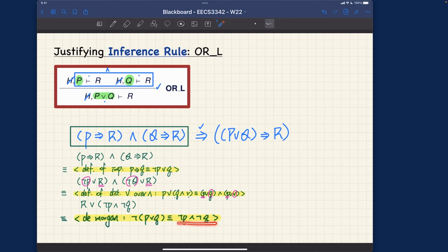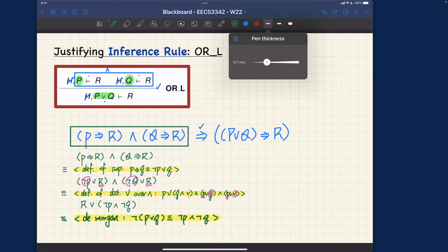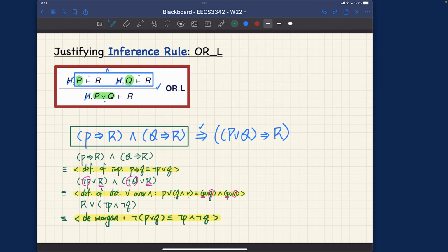This part here is matching this part over here, so it should be equivalent to not P or Q. And also, let me swap the order. Of course, we also have commutativity of conjunction, but for now, let's skip that step. So we're going to have not P or Q or R. And we are basically getting there, because this part over here is indeed equivalent to that, according to the definition for implication.